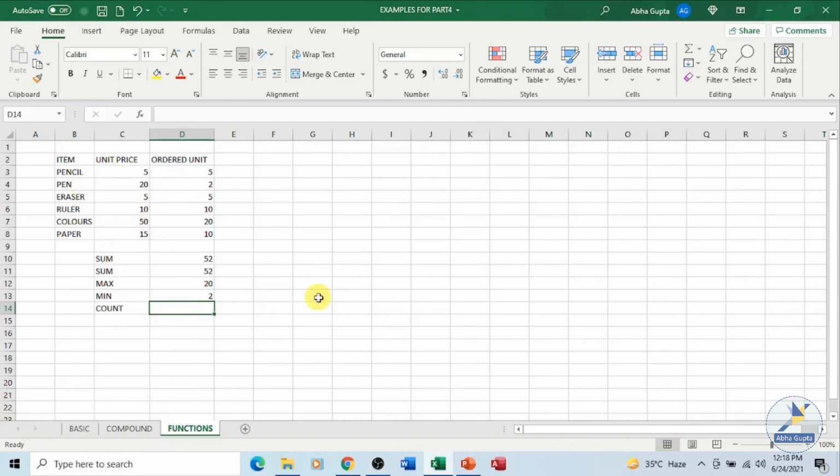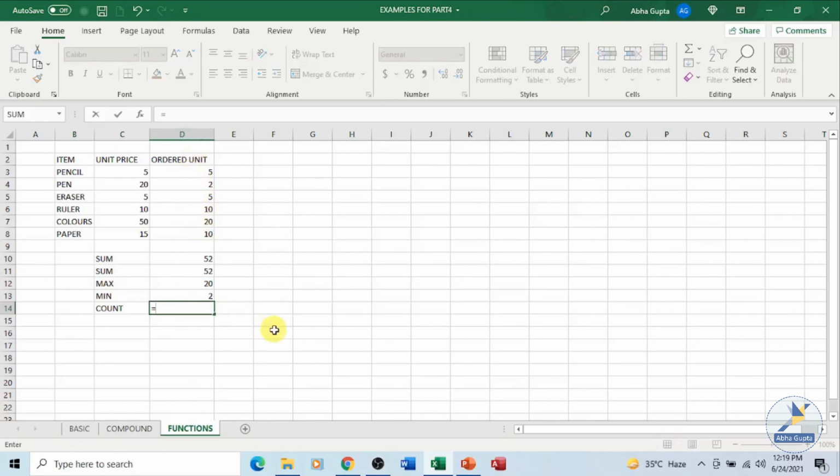Next function which I will be discussing is the count function. Now take for example, anytime you have some data on your Excel sheet and you want to calculate the total number of items which are present in your Excel sheet, then you can make use of the count function. It will count the items one at a time and will give you the result. Now it is not the same as sum. In sum you get the total of all the values which are present inside the cells. Here you will only get the count of those cells as your answer.